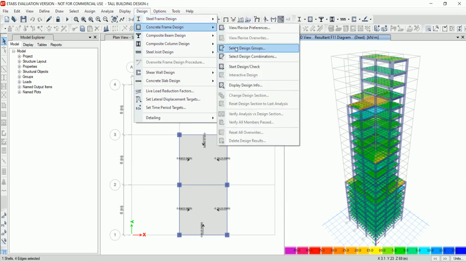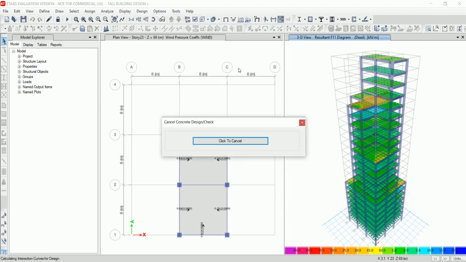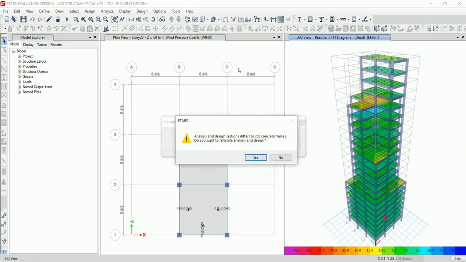And then next go to start design or check. Click on OK. Click on yes.